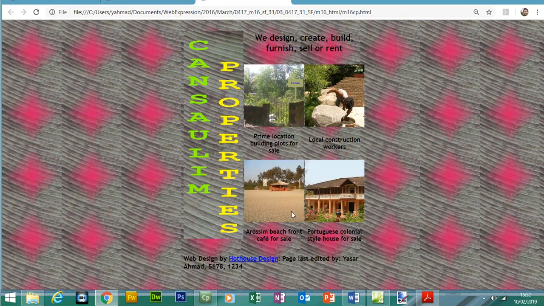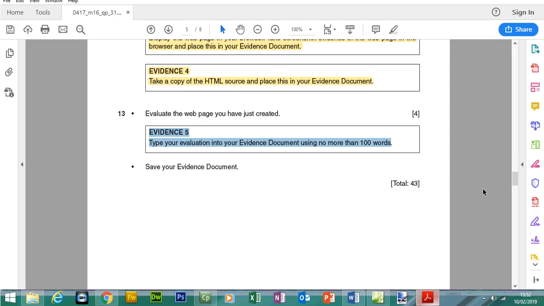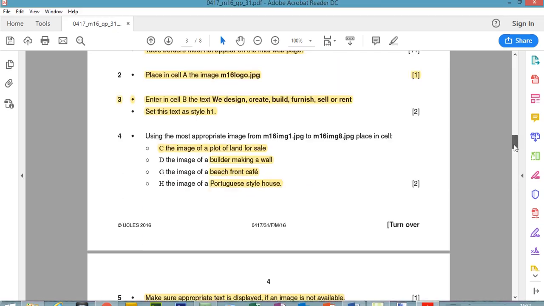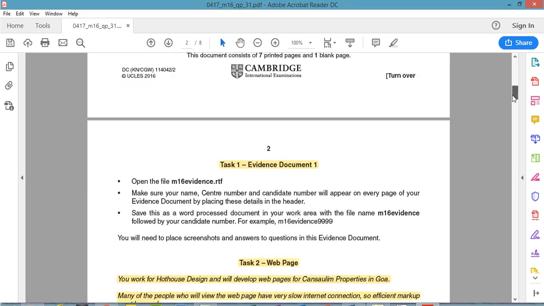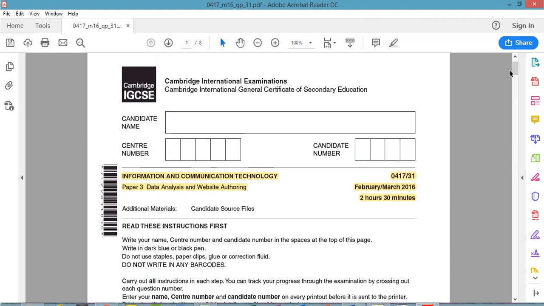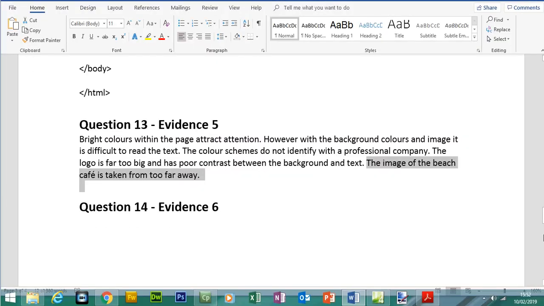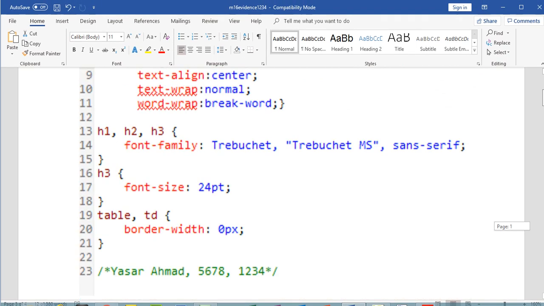So if we go back to the web page, you can see this cafe, the picture's been taken too far away. The logo doesn't really have to be this size. And again, the background and the text don't really blend in well together. Okay, so we've come to the end of this paper or this website question. So I've redone basically the March 2016 paper using Microsoft Web Expression. Just before we finish, let's go through the evidence document, because this is what will be marked for this particular